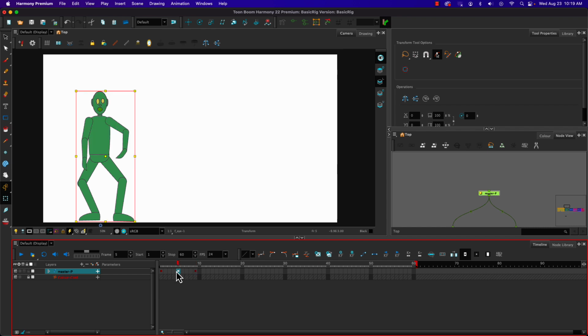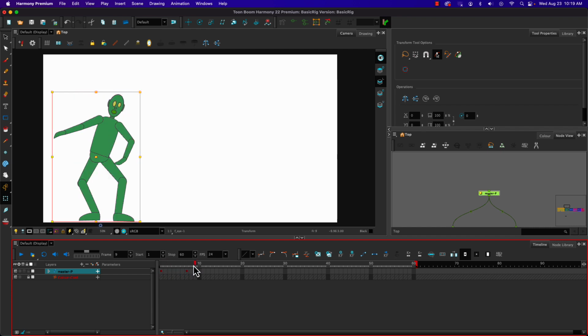So if I want it to go down quickly or slowly, and then we're going to move over, and now I'm going to go over a few more frames, function key F6,